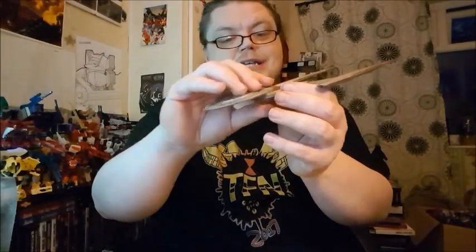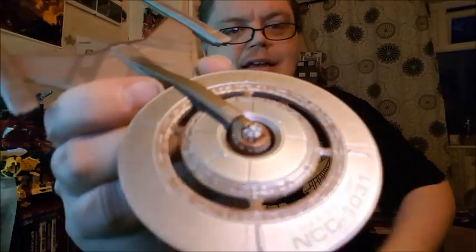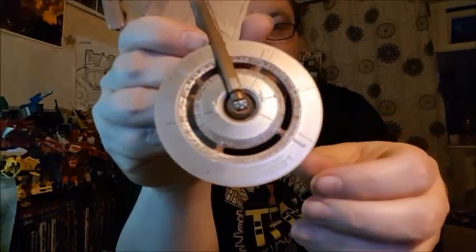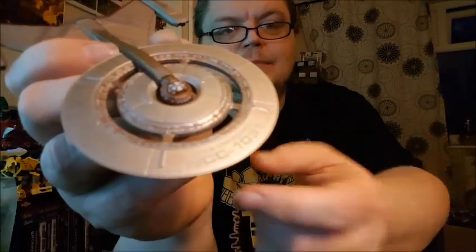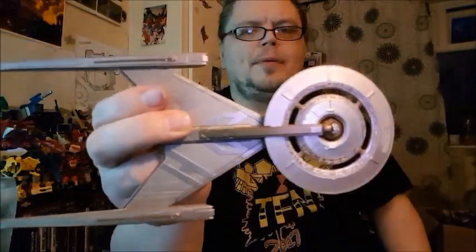Now onto the ship itself, and here we are, U.S.S. Discovery. Now you can see it on the video, sort of, if I get the light right, but in actual light, you can barely see the register number on it. I'm not sure of the colour. It's sort of a copper brown. I mean, most Federation ships are either white,